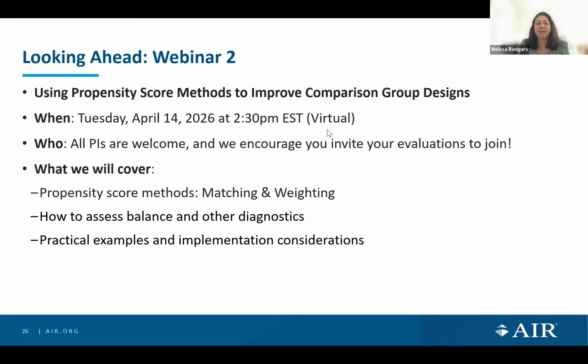It's going to focus on using propensity score methods, a little bit of what Joe alluded to earlier, to improve the comparison group design. So you've established your comparison group, and now you're able to apply some of these design and analytic methods to make them doubly robust, with consideration towards matching and weighting. We'll also include how to assess that balance, the balance equivalence, and other types of diagnostics that you'd run on a model to make a stronger argument of impact evidence. And then we're also going to provide some actual practical examples and implementation considerations. So some of what we discussed here today, but with a little bit more